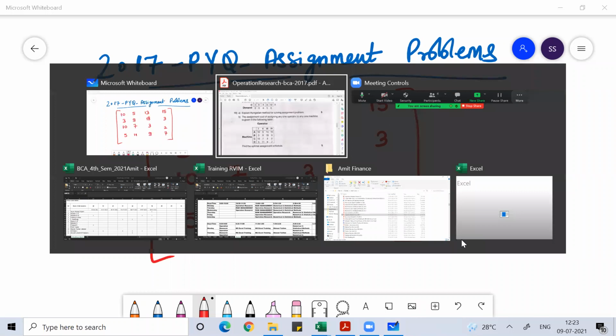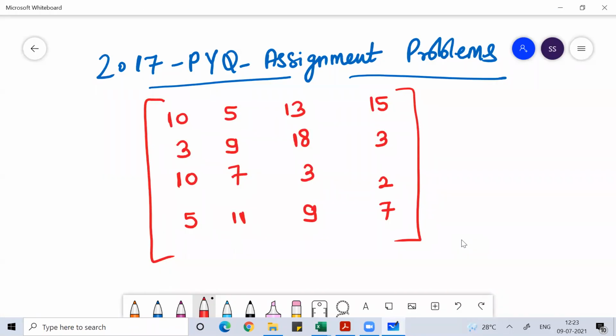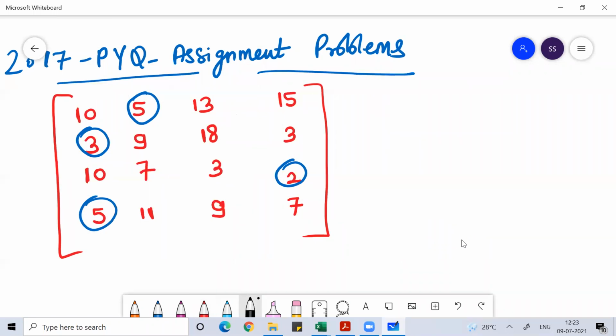And when we are trying to solve this problem by the Hungarian approach, what will we do first, guys? The first thing we'll do is find the row minima, the minimal element in every row. And the row minima that we found, we'll subtract this minimal element of the row from all the other elements of the row.